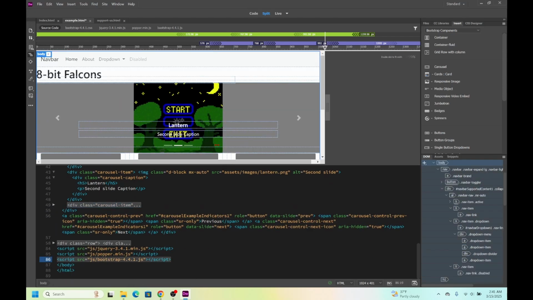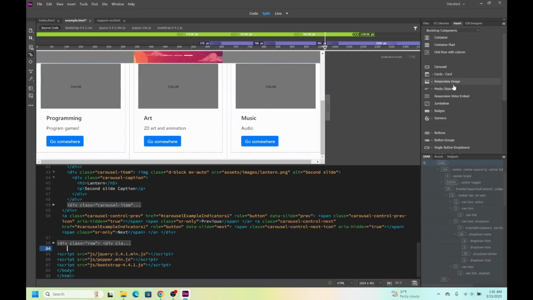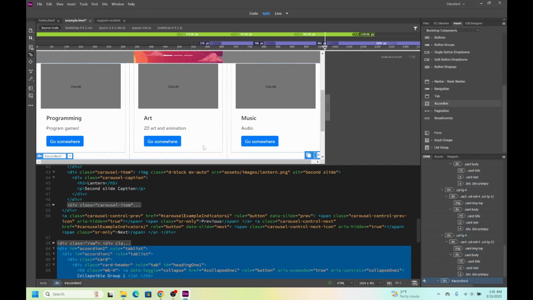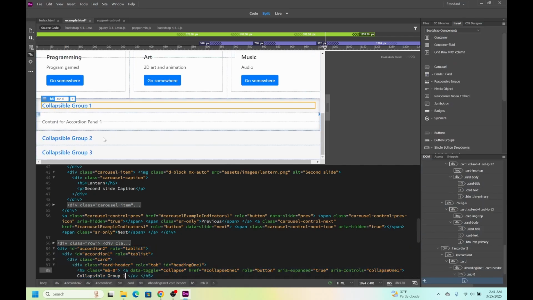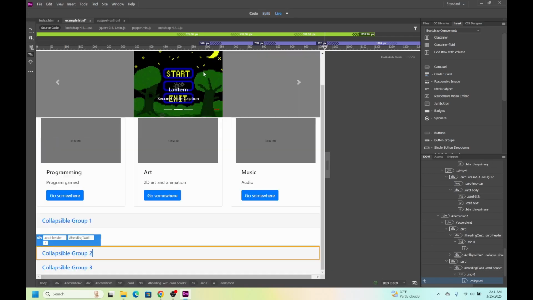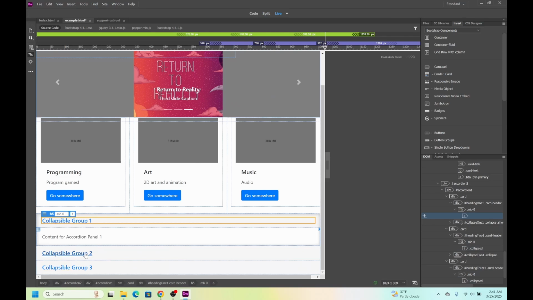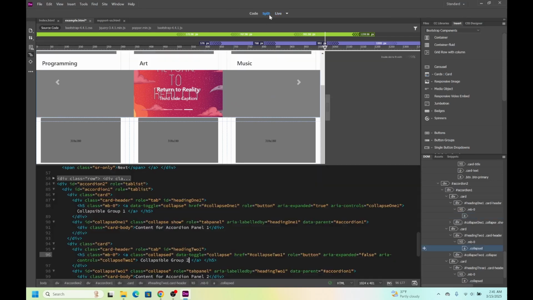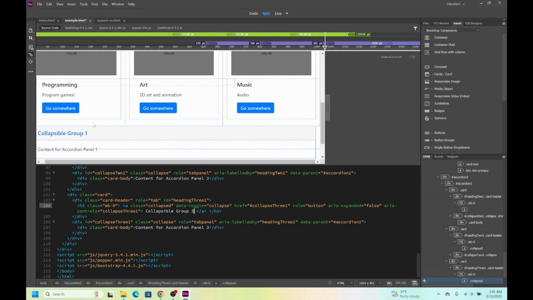So yeah. After this, let's try adding an accordion. So an accordion is like this collapsible group. Like you can click on one and it should expand it. It's not really working in the live preview right now, but let's say we want to add